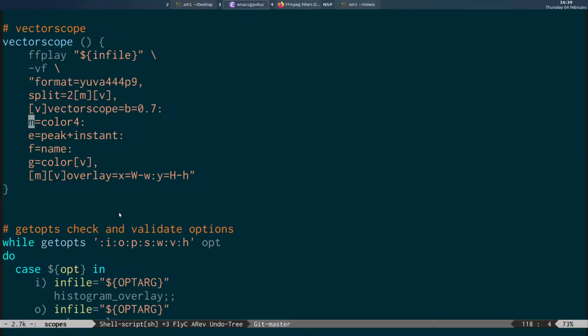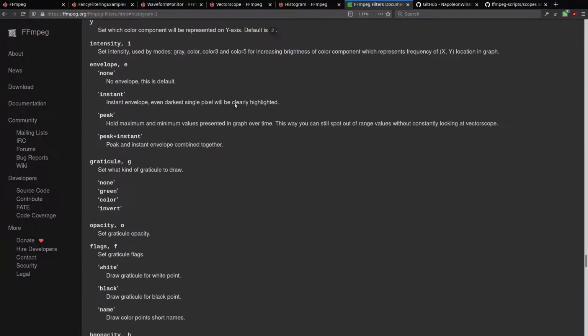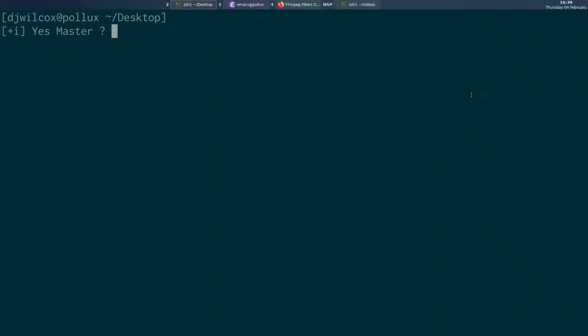So let's come across to the next section, which is E, which is the envelope, and we're using peak and instant. So let me switch back across here. The envelope, this is what I was talking about. We have instant envelope and peak. And the peak is what holds the maximum and minimum values present and presented in the graph over time. This way you can still spot out of range values without constantly looking at the Vectorscopes. So again, what that means is